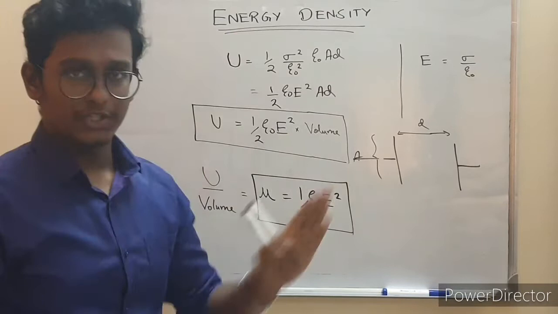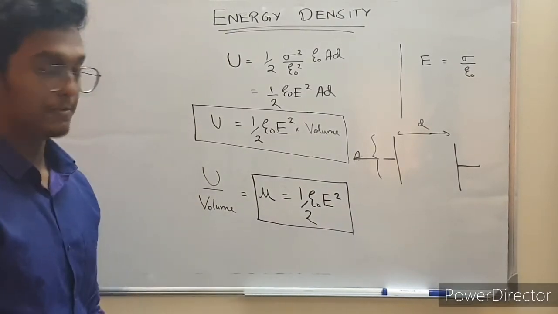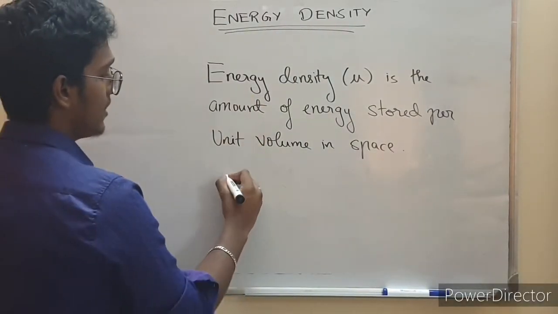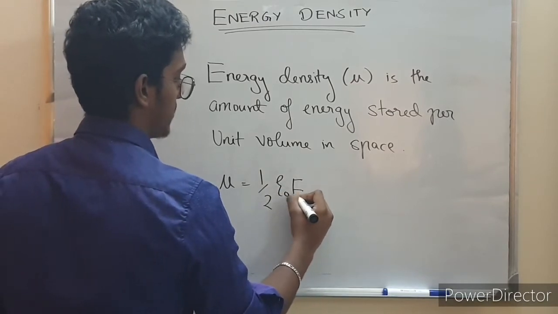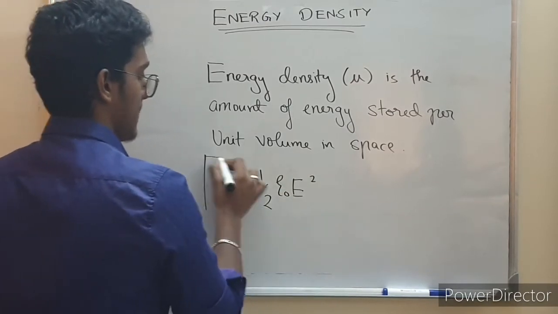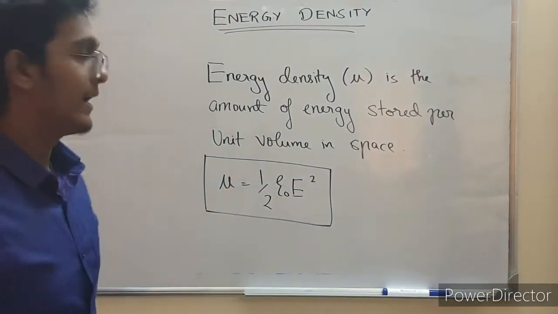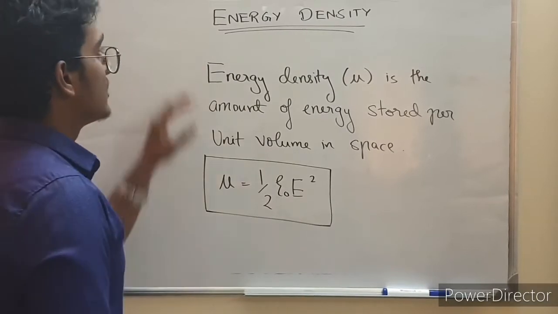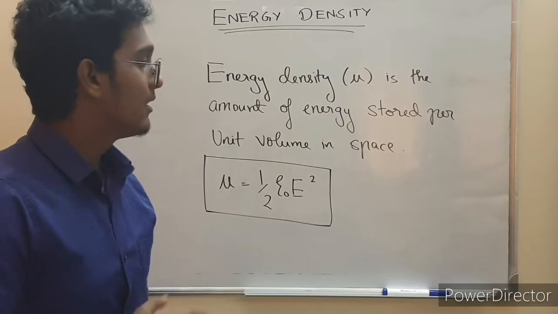I'll write down the definition of energy density. If you want, you can note it down. This is the final expression. So this is energy density, and its magnitude is equal to half epsilon naught E squared. Energy density is this, and if you want to talk about the energy, it's just times A times D, which is volume. So this is about energy density, and now let's proceed to the next part of the topic, which is